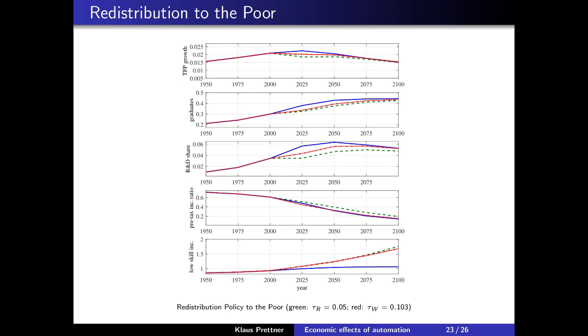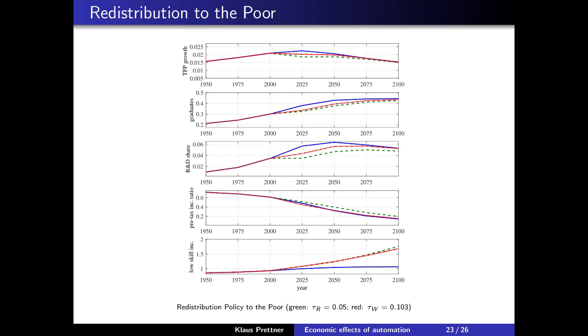because basically it's the case that fewer people become high-skilled, because it's a kind of a subsidy that we have here for not getting educated. This is also what we see in the share of graduates. It's lower when we enact the redistribution policy, and therefore also the research and development share and TFP growth is lower in this case. So what we have here is actually a classical equity efficiency trade-off. We can reduce inequality, post-tax, but also pre-tax by enacting these policies, but that comes at the expense of sacrificing